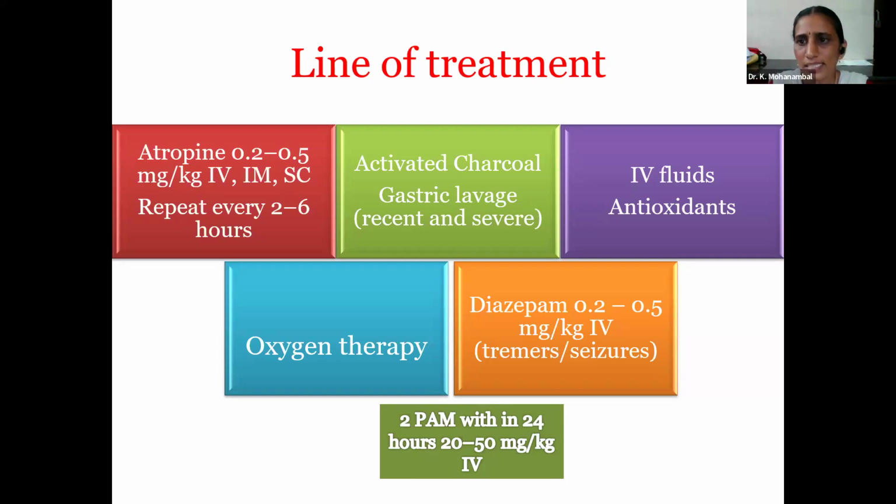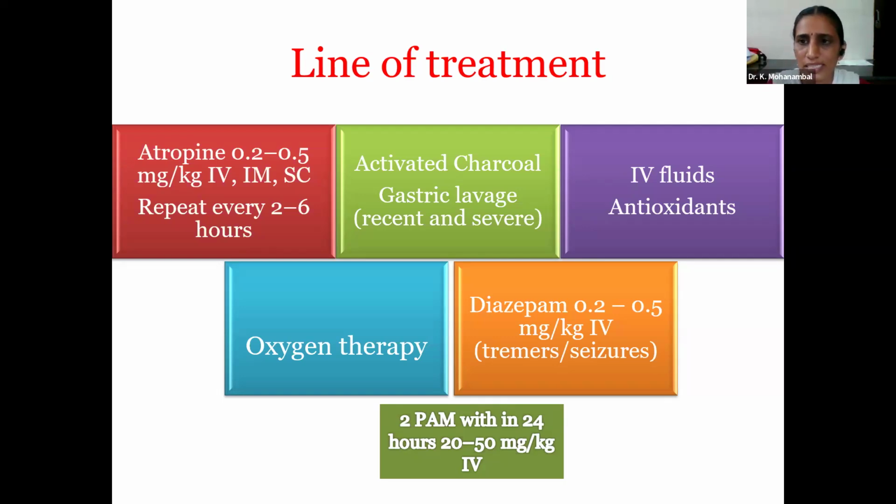And if the animal is exhibiting signs of respiratory distress, it is important to give oxygen therapy. But those cases usually do not necessitate oxygen therapy. Till now, we have not given oxygen therapy to those cases. We have treated with atropine, and the animal is responding very well. And if the animal is having excessive tremors and seizures, it is our duty to reduce the tremors. In those cases we can use diazepam at the dose rate of 0.2 to 0.5 mg per kg